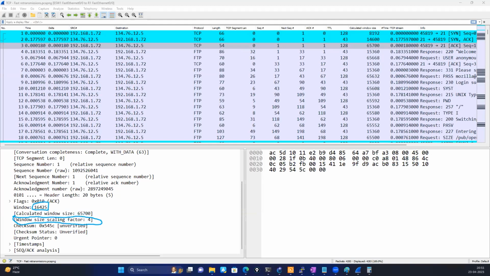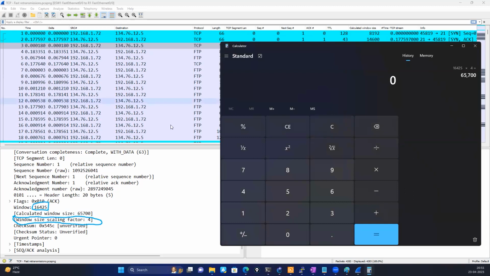If you calculate the same thing in the calculator, 16425 into 4 gives me a value of